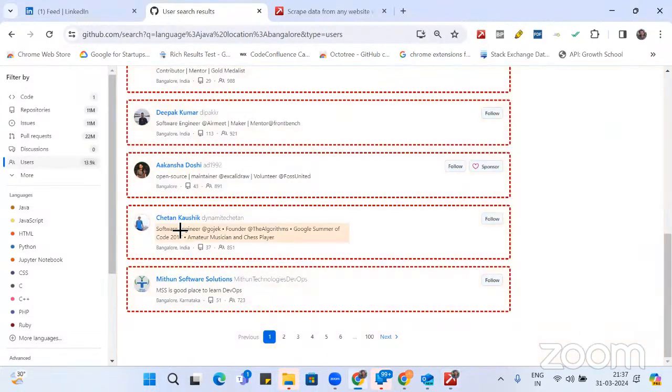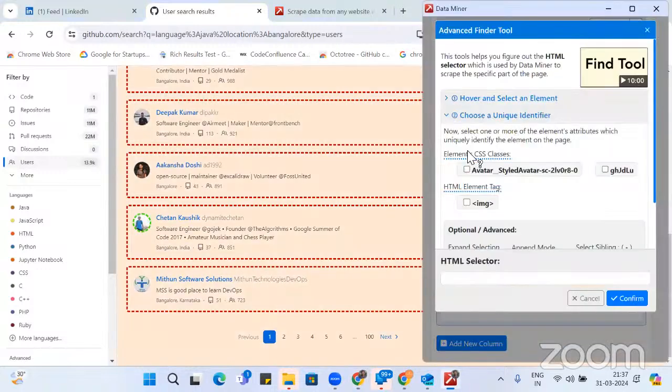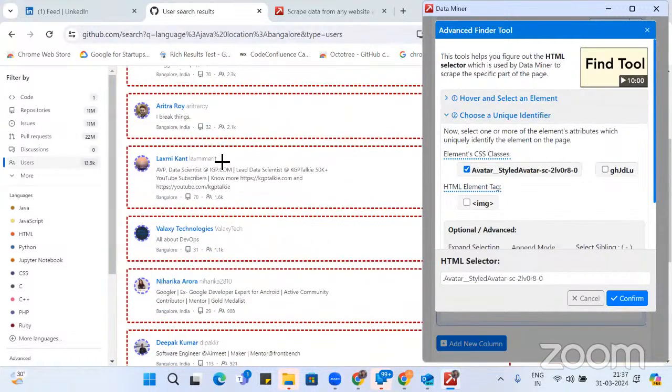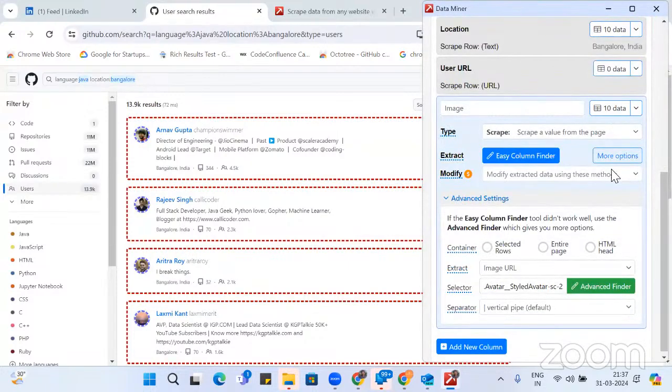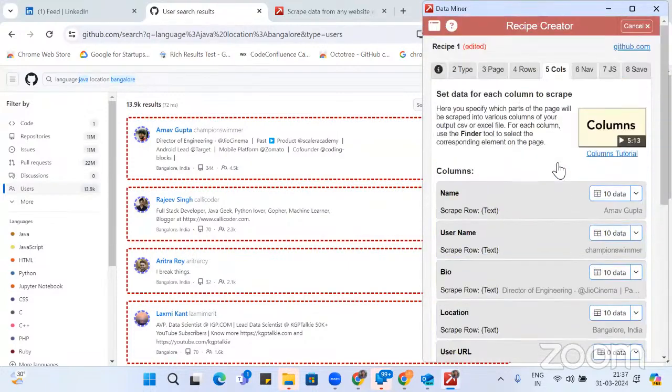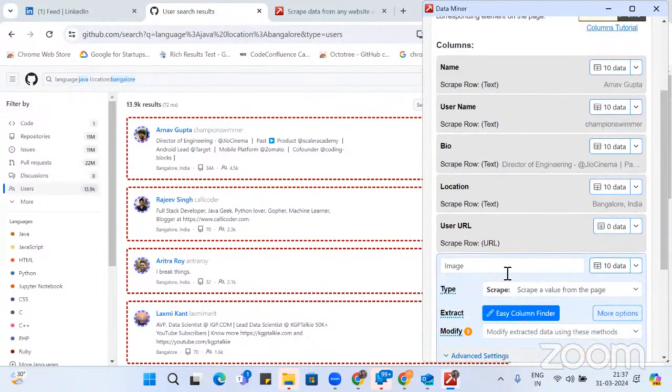Advanced Finder. So here is an image and shift. And again, I come here. After all images got selected, I'll say confirm. Okay. Now, the data on the first page got whatever information we need: name, username, bio, location,